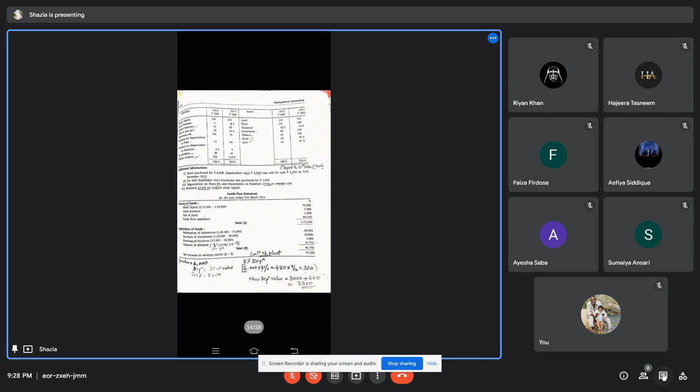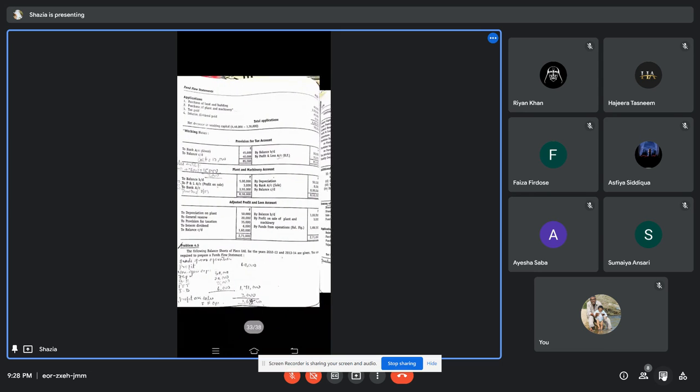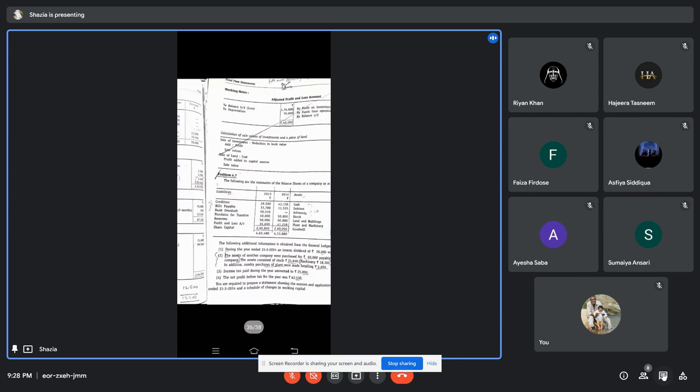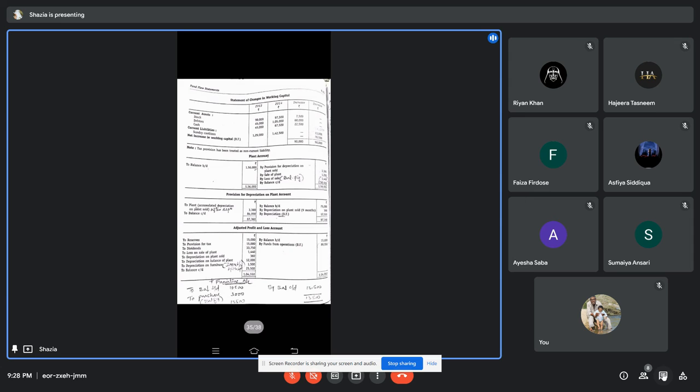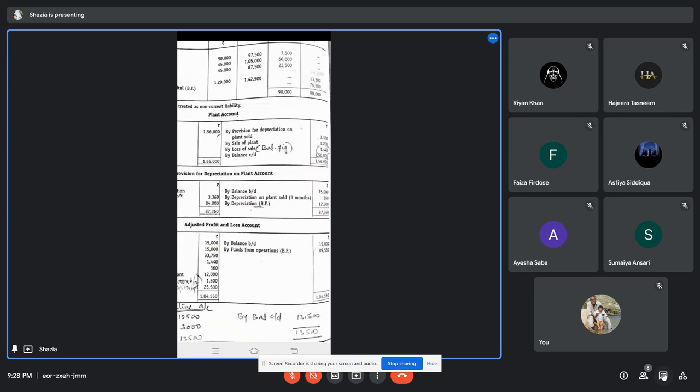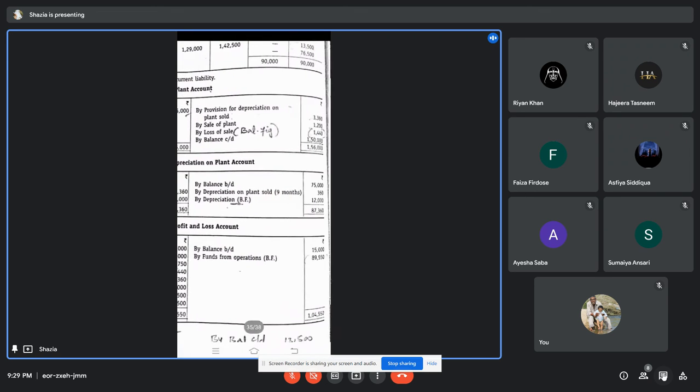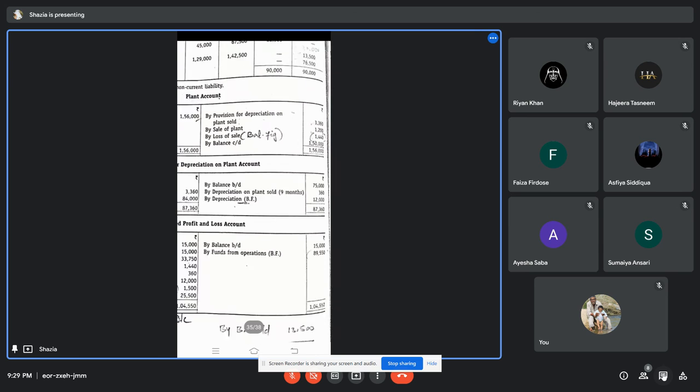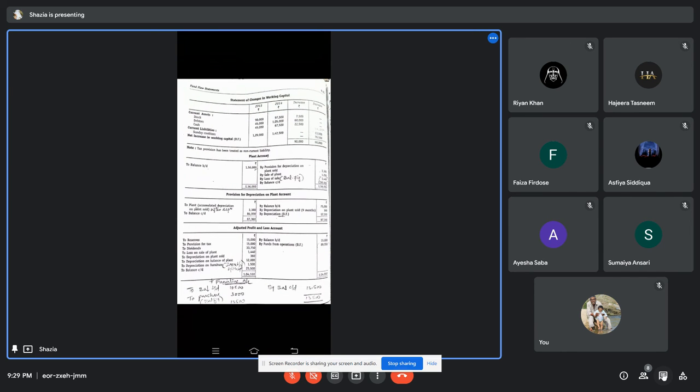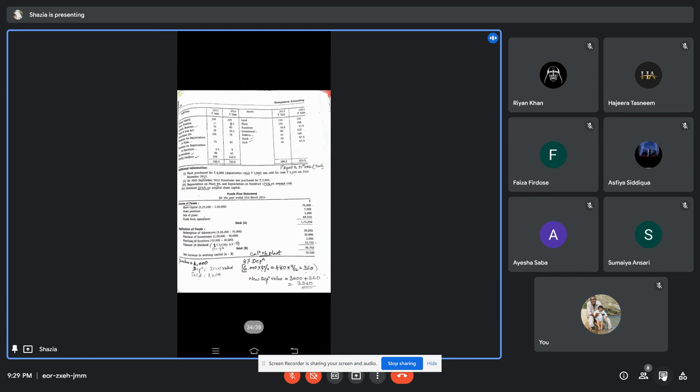Deducted. Okay, 25,000 minus 25,500 minus 15,000, you will get it. Okay, so it comes to a different amount. So when you're taking the adjusted profit and loss account, consider it this way. Then obviously the remaining balance is your funds from operation. The funds from operation is 89,550. So this 89,550, where are you going to treat the entire table, this calculation, lastly you're going to prepare the funds